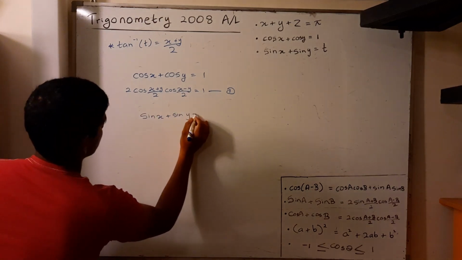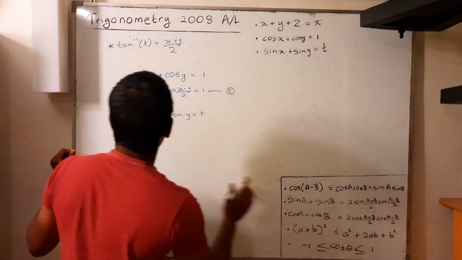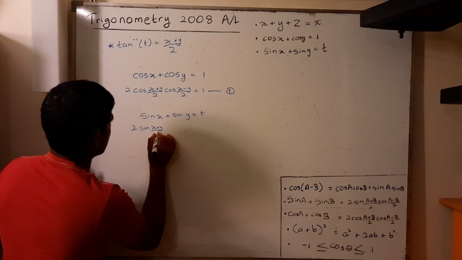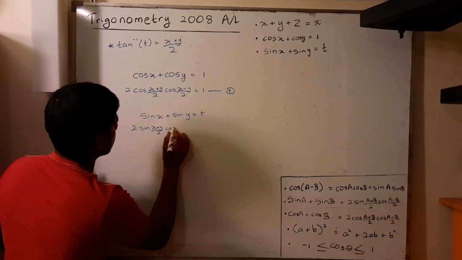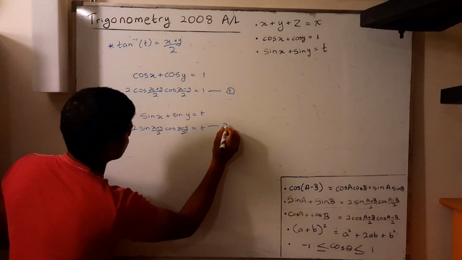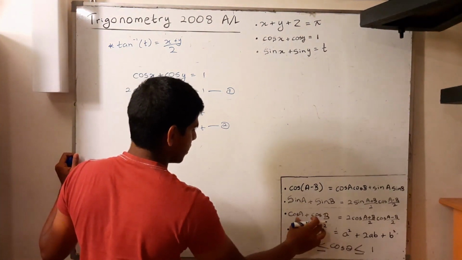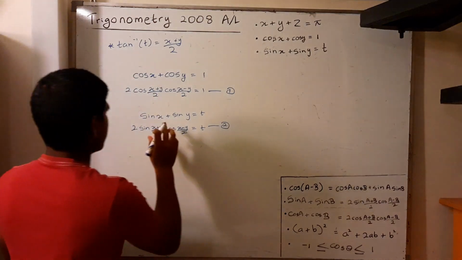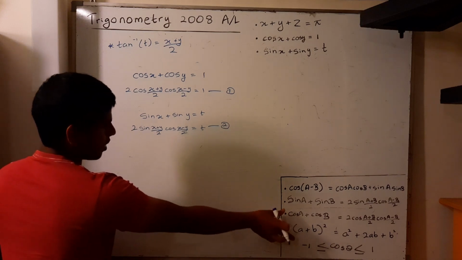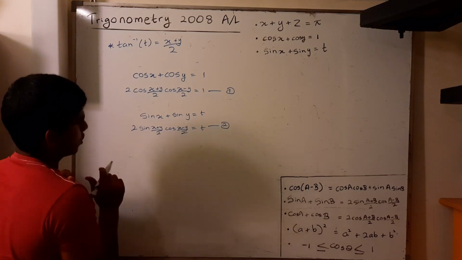And then I'll write the other equation, sin x + sin y = t. Then we can write that similarly using this. We can write it as 2 sin((x + y)/2) cos((x − y)/2) = t. This will be equation 2. So basically the same concept that's been used over here and here, but instead of a and b in these questions it's x and y. So basically I just took the same equation that's there and applied the same concept into this question as well.